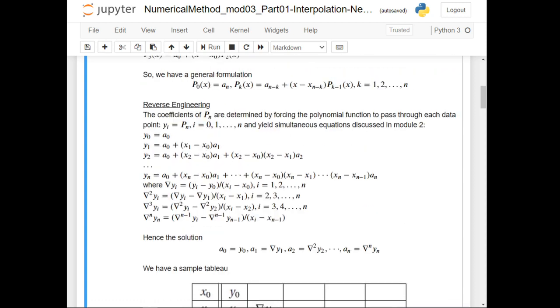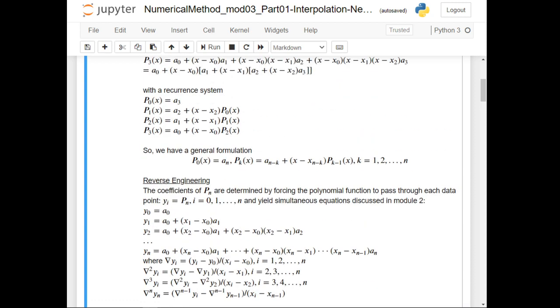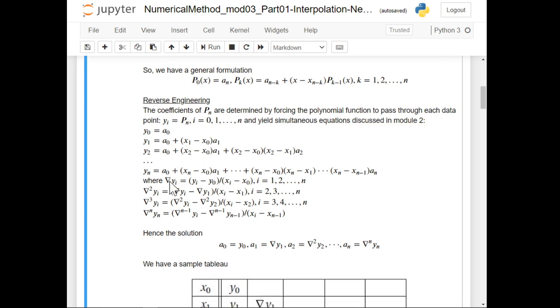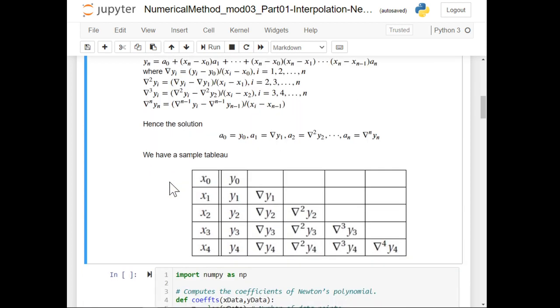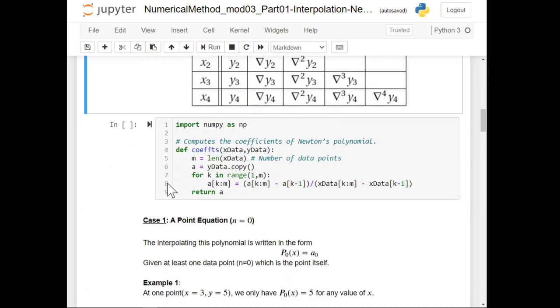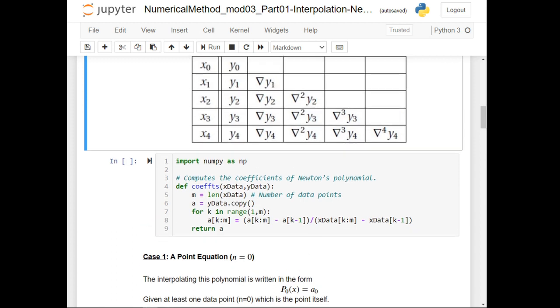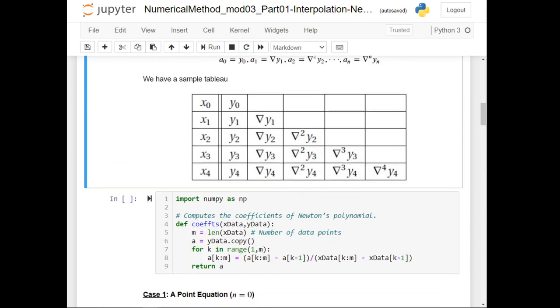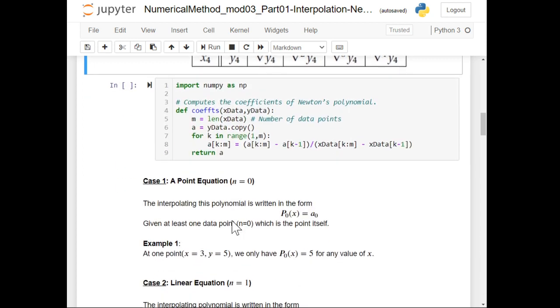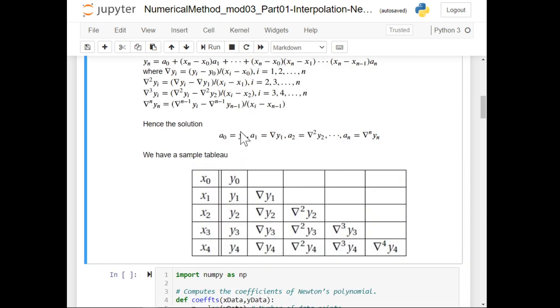If you still don't understand this thing, we will demonstrate this one step by step in the next lesson. So we have here the function called coefs, which determines or looks for the value of your a0 and